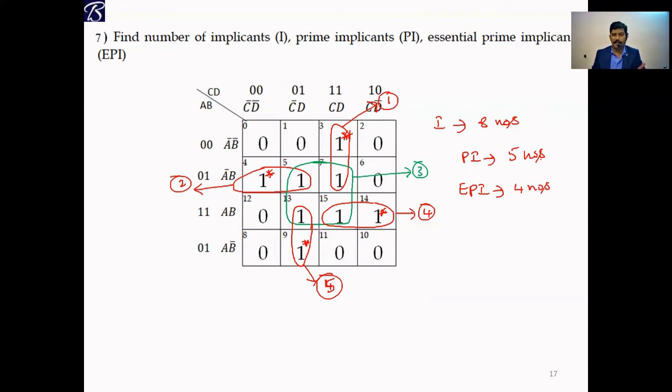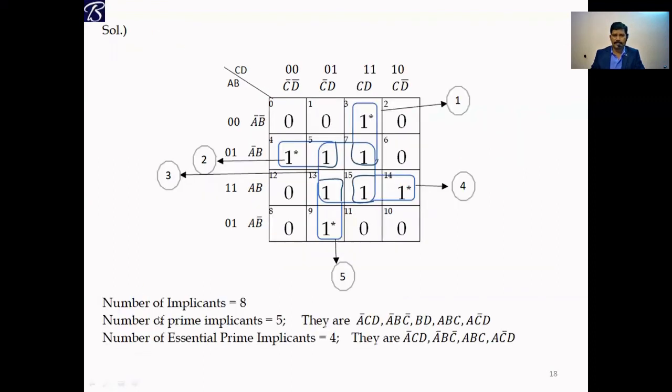And you can also tell how many redundant terms are there. This is the third term. The third group is a quad, which is redundant, not required to complete the output function, because all the minterms are already covered by other groups. So that's all. Check it out. The number of implicants, prime implicants and essential prime implicants is 854. Right? So please note this down.